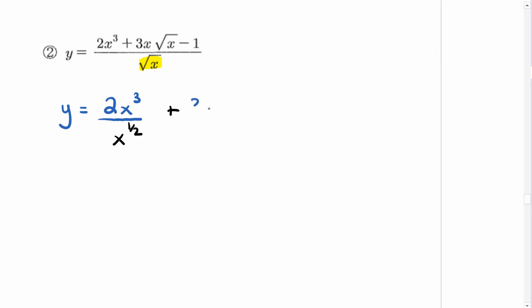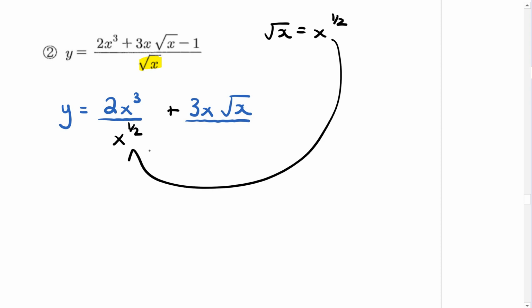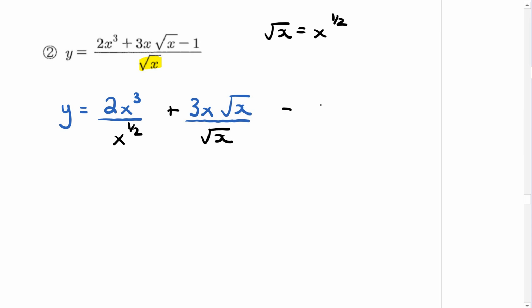Plus, then I have my 3x times root x, and then that's being divided by, I could write x to the power 1/2, right? We know root x is equal to x to the power 1/2. That's why I wrote that there. But for this middle term, I'm just going to write it as just root x. And the last term, there's a minus 1, and I'll divide that by x to the power 1/2. Notice that I kept this term and this last term as x to the power 1/2, and then in the middle term I just left a root x and a root x, just because on my next line I can easily cancel that out, right? So next line I can cancel that out, and if I keep on simplifying here, I have y equals to